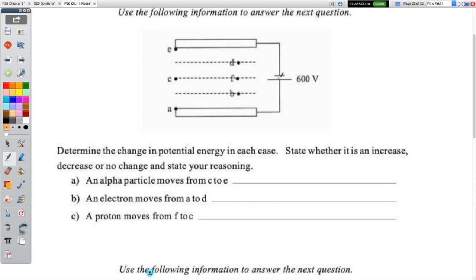Think of this as a negative terminal, they would want to get away from it, right? So this plate is going to have an excess of electrons and therefore a negative charge. Where would a positive charge go from here? Well, positive charges don't move, but we can also think that negative charges would leave here, be drawn towards the positive, jump across, and then want to get away over here. So all the negative electrons have left here, leaving this with a positive charge. So there we go. Now we know the